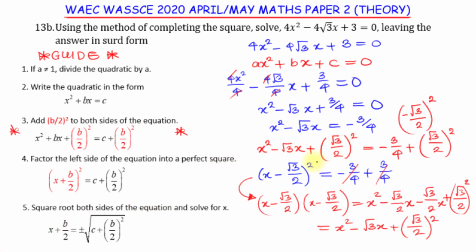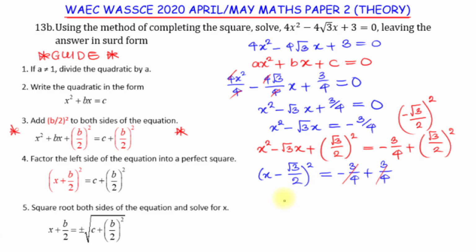You can see that. So student, this is what you need to take note of, that when you have your expression like this and you are trying to use the completing the square method, this left hand side will resolve into this particular expression that we have, x minus root 3 over 2 all raised to power 2. So that is just a very good point for you to note. I will clear my board now.